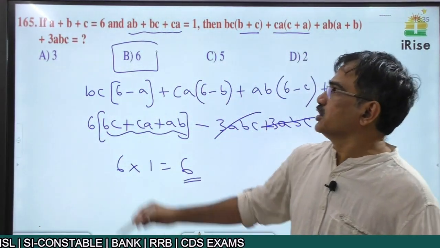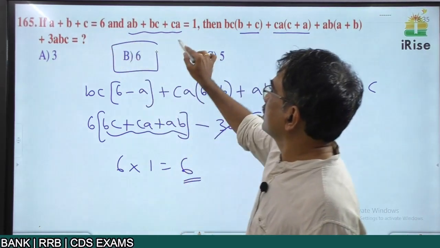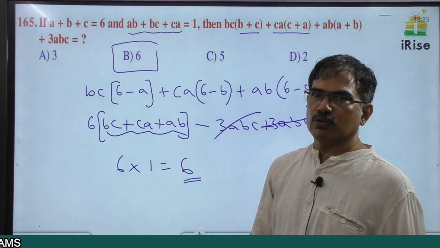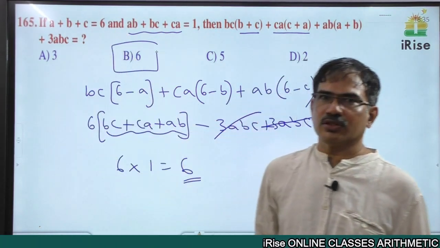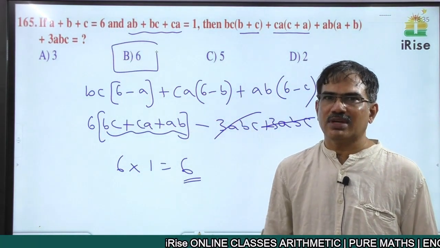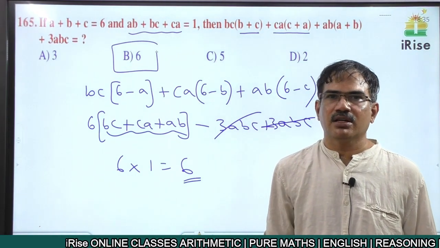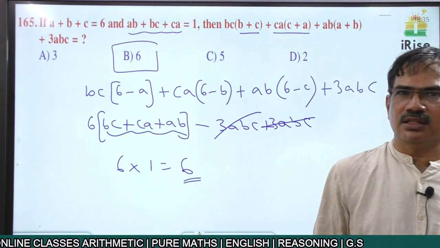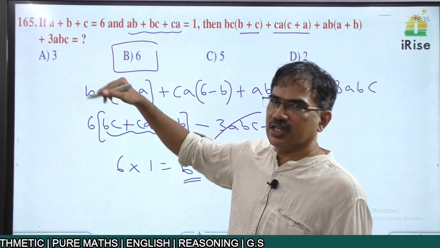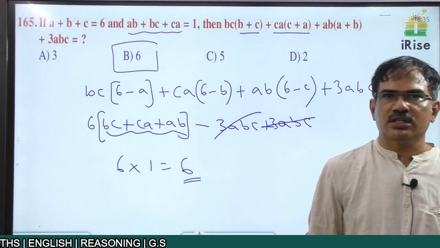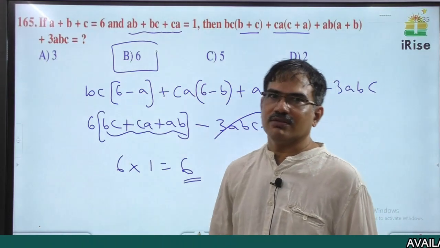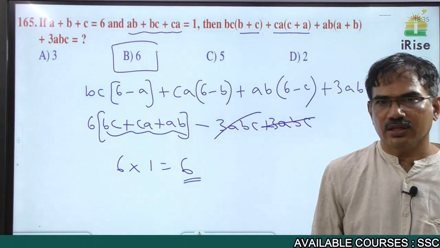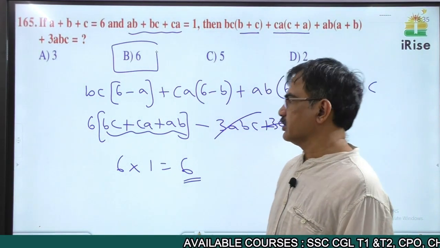Okay, use this condition: a plus b plus c is 6. When 2 conditions are given, don't go for substitution please. Thinking of substitution values is very difficult; the direct method is easy in this. If only one condition is given, we can substitute easily. If 2 conditions are given, choosing a, b, c values is somewhat difficult. Okay, go for the next question.